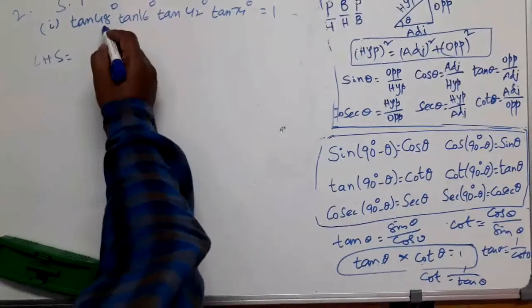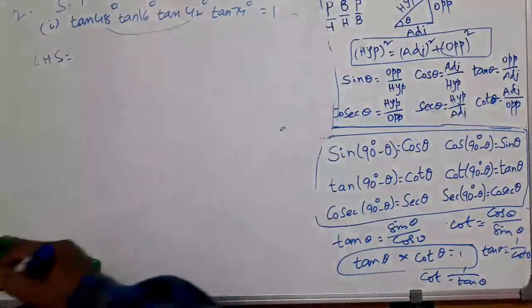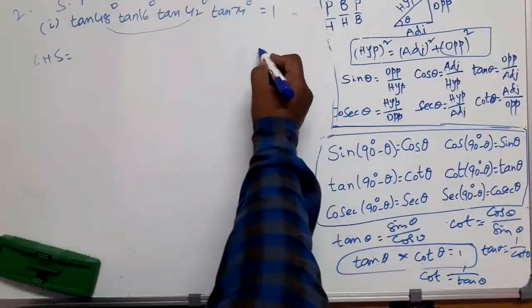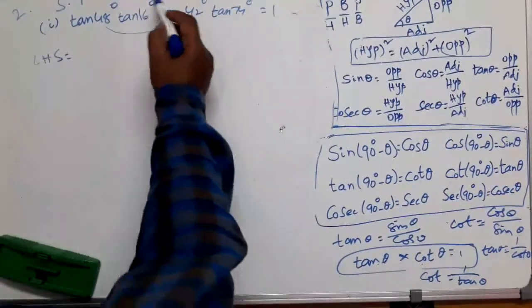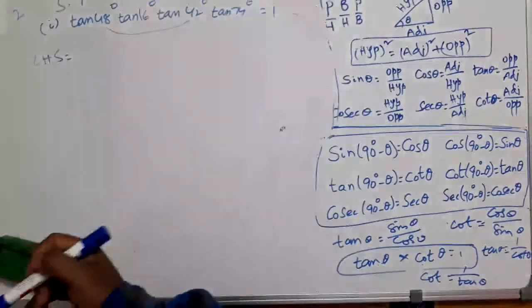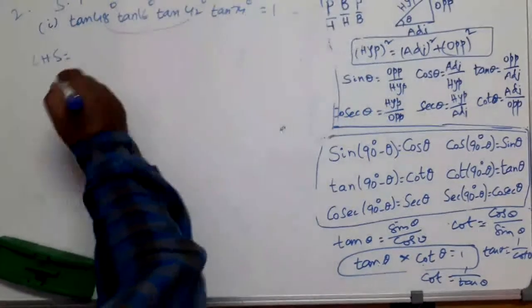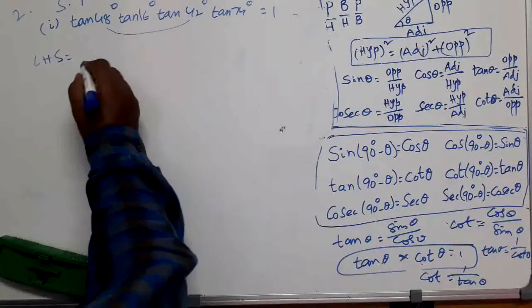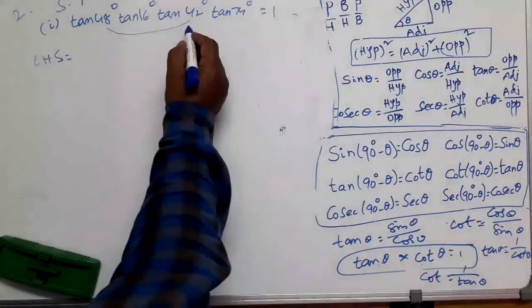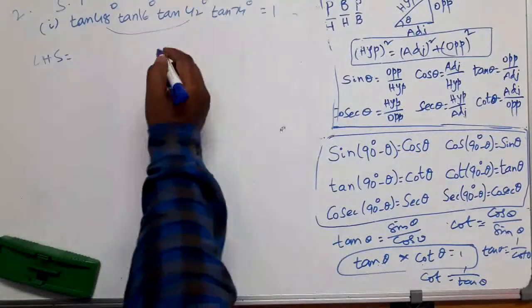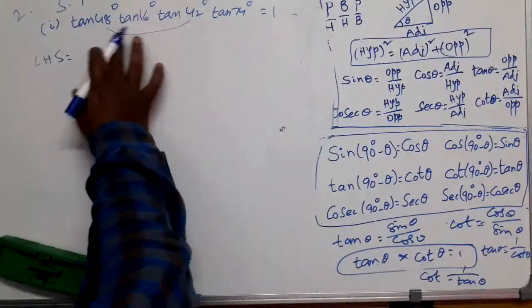Yes, 48 degrees and 42 degrees. What is the sum? 90 degrees. In the same way, see this, 74 degrees and 16 degrees. What is the sum? 90 degrees. So yeah, let us use that relation. Sum of the angles is 90 degrees, right? I am leaving these two terms as they are. I am converting the first two terms.